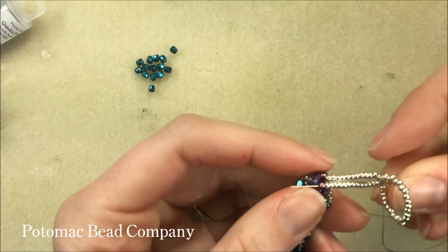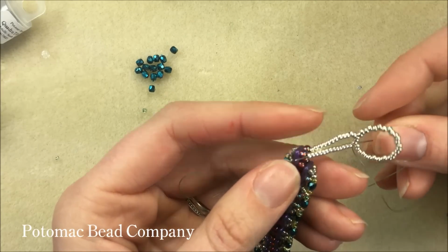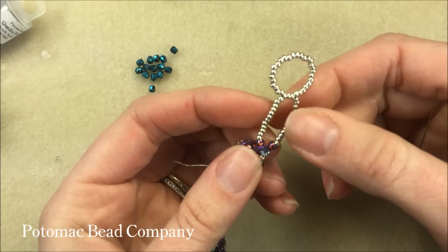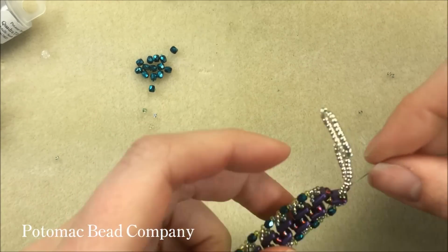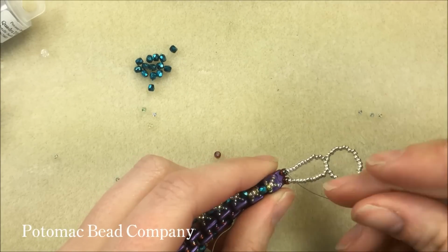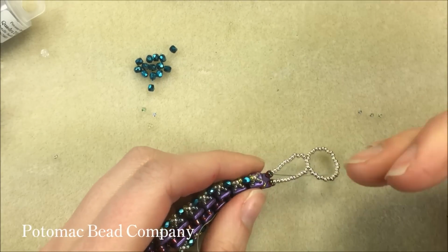Once I'm through there, I'm going to come out the 11-0 right before the 8-0 bead. So now that has my 2 loops that I can do my extender chain out of. When I'm coming out here, I'm going to also anchor this one here to the top of my bracelet on the other side,